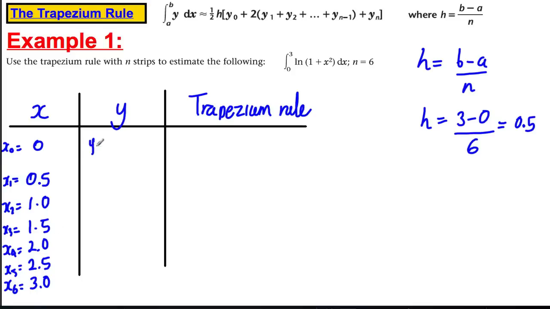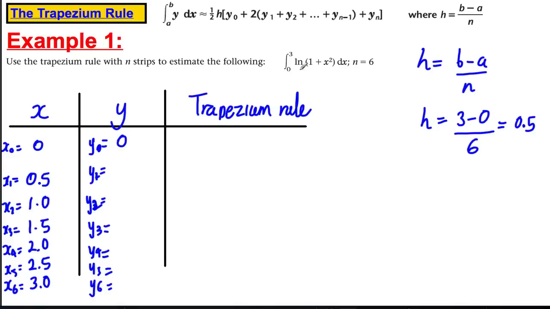And I'm going to work out y0, y1, y2, y3, y4, y5, and y6. I'm going to work out each of these. And how I work these out is I put x0 into the function. So it would be ln of 1 plus 0 squared, which would be ln 1, which is 0. If I put a half in, it would be ln of 1 plus 0.5 squared,